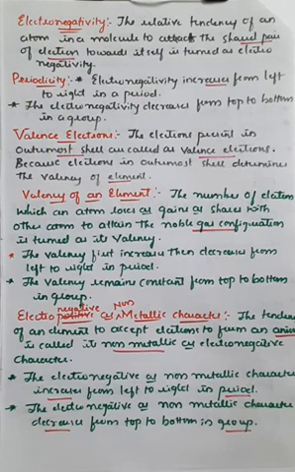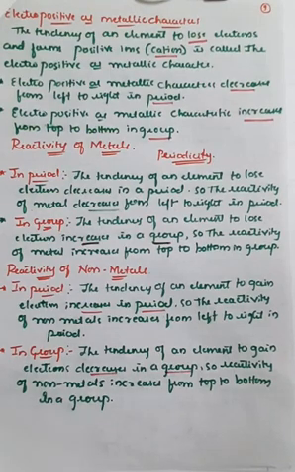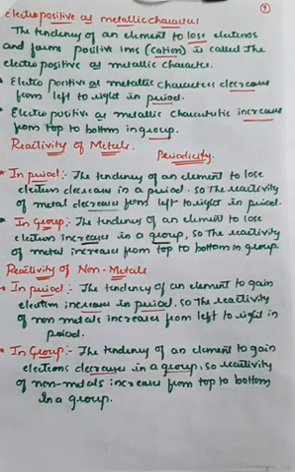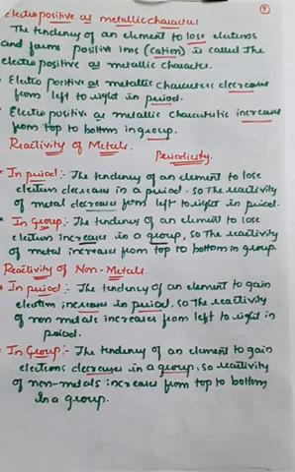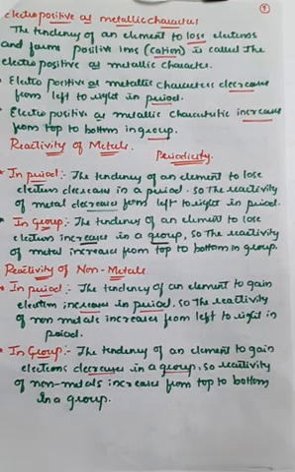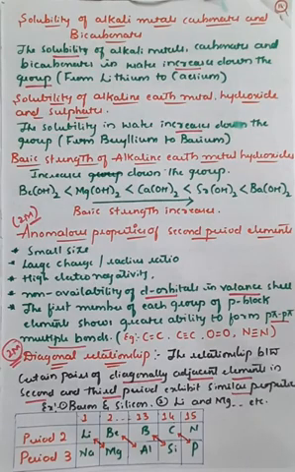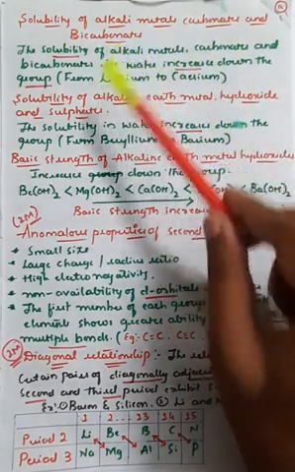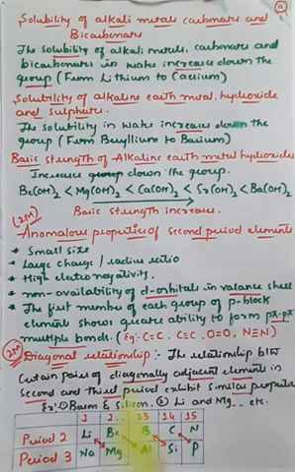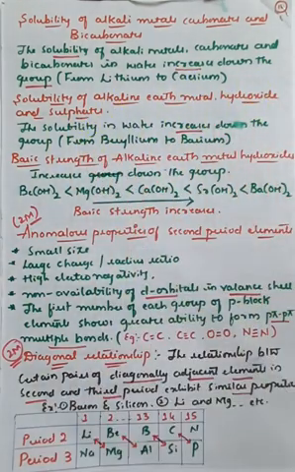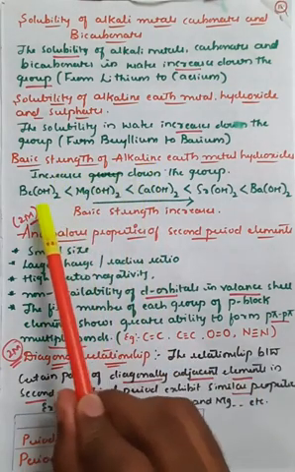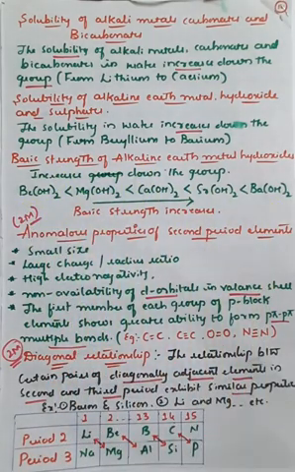Okay, that completes your third chapter, and let's see what we have learned in today's class. One is electronegativity. Second is valence electrons, and what is valency, and electronegative or non-metallic nature. Along with that, we have seen the electropositive character, also called metallic character, and reactivity of metals and reactivity of non-metals, and how the trend of reactivity of metals and non-metals occurs in the periodic table. We have also seen the solubility of alkali metal carbonates as well as bicarbonates, and the solubility of alkaline earth metal hydroxides and sulfates in the periodic table, and that basic strength increases from beryllium to barium.